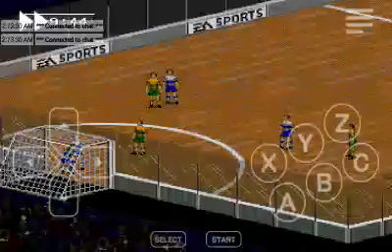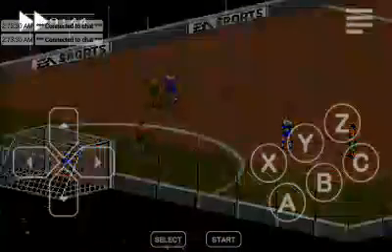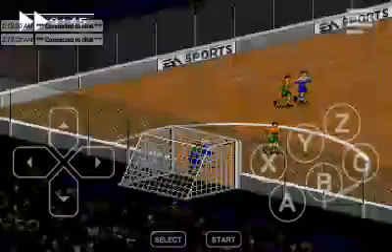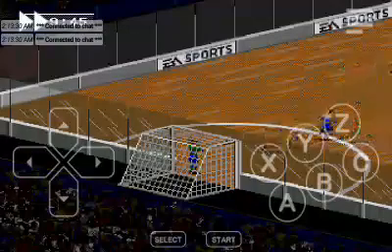The ball goes into Vancouver's defensive line, but it is stopped by Vancouver's goalkeeper.